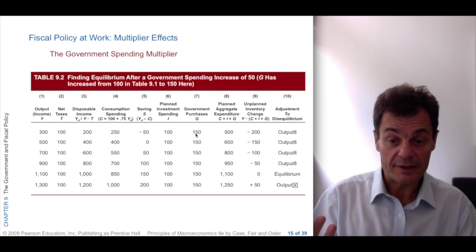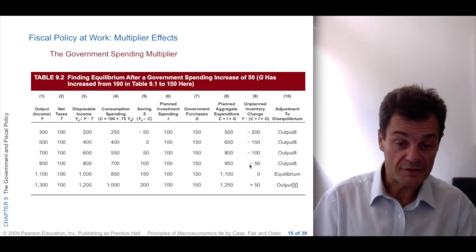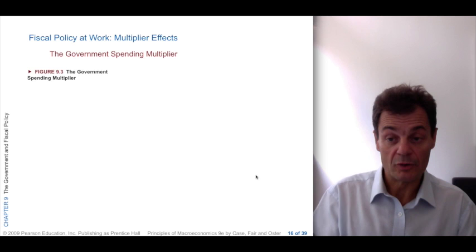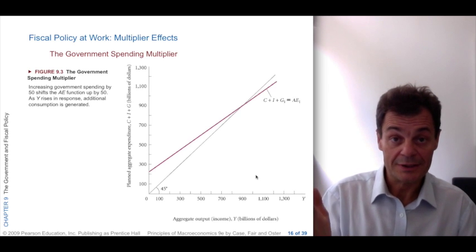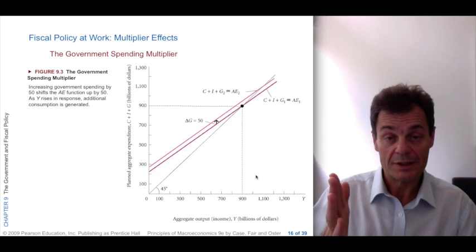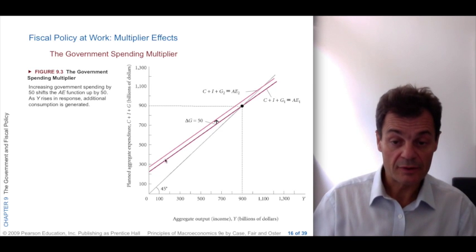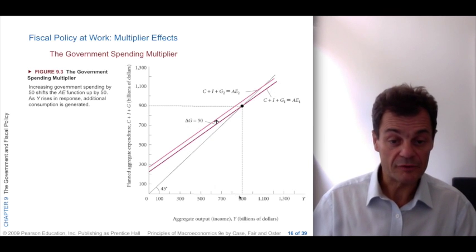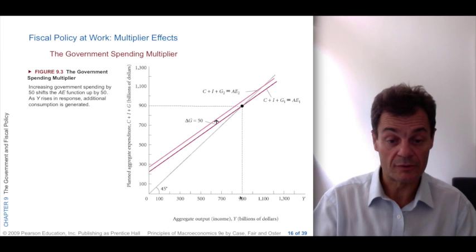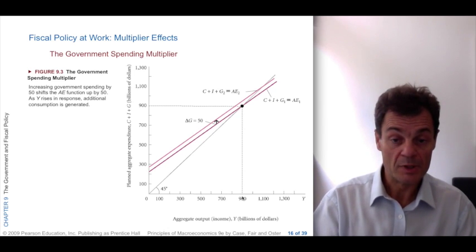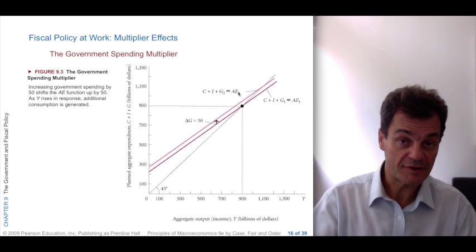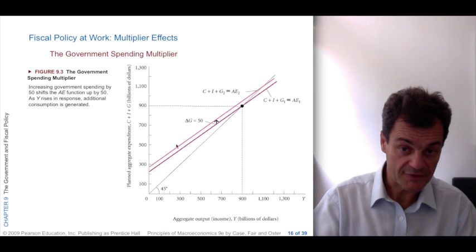If the government spends 150 in the economy, you can see that the equilibrium point shifts to the bottom of the table. And if we look at it in the chart, we can see how the equilibrium finds its way to a higher level. We had our aggregate expenditure, which was the purple line here, which had found an equilibrium point at $900 of income. Add $50 of additional government expenses, and you now obtain a new aggregate expenditure curve, the pink line here, the second line, the line on the top,